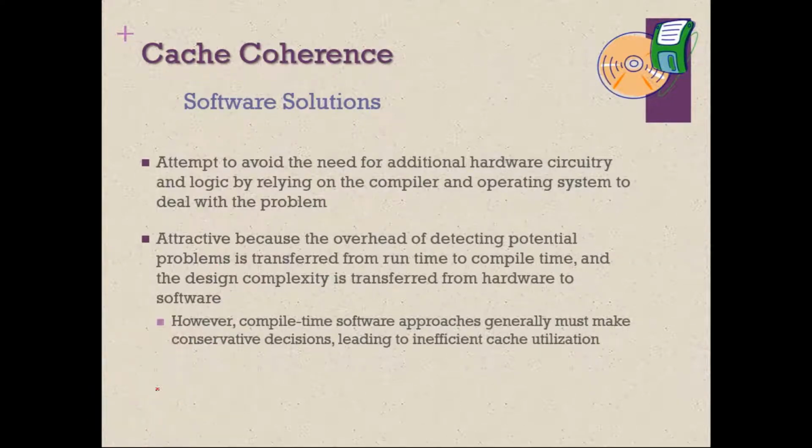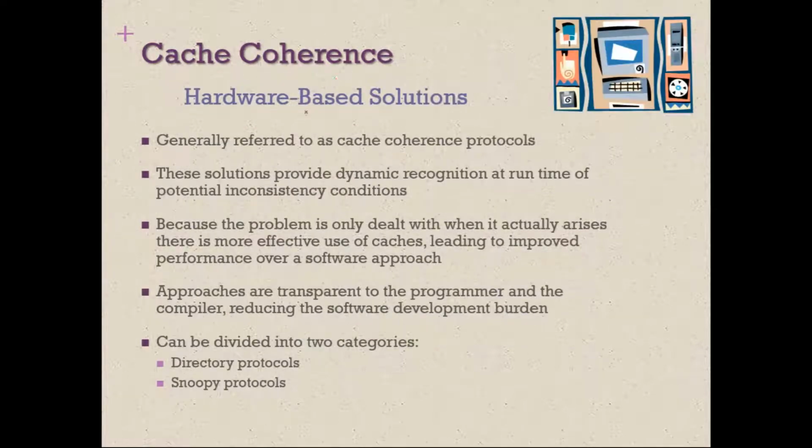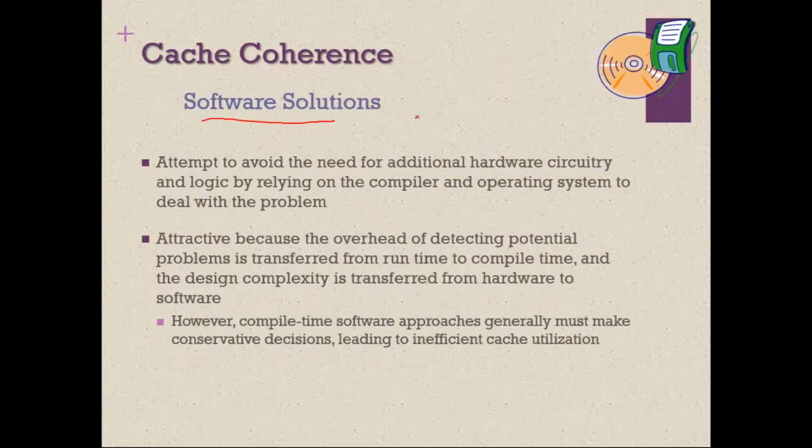At the top level, there are two approaches to deal with cache coherence. One is a software based approach, which we call software solutions, and the other is a hardware based approach, or hardware based solutions. Coming to the software based approach, how are we going to solve the problem of cache coherence through software? You may get this question. It is really tough, but it can be done to a certain extent by using compilers